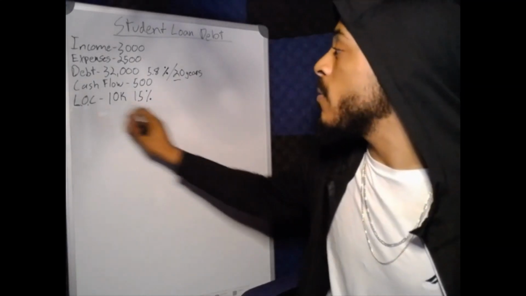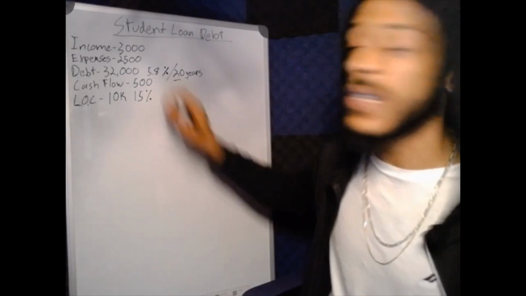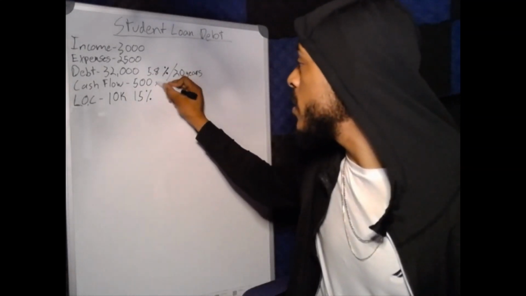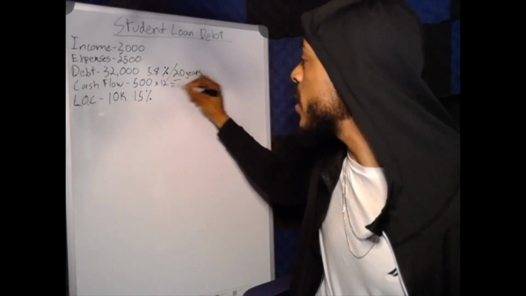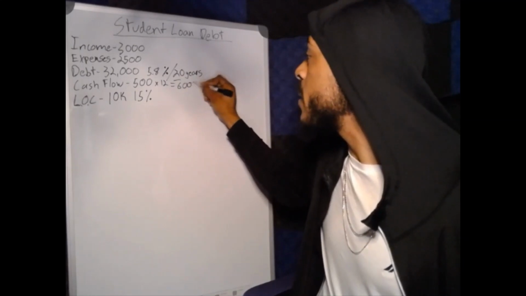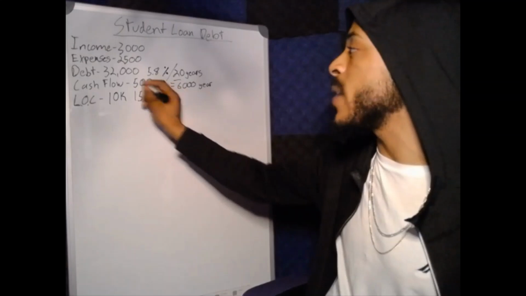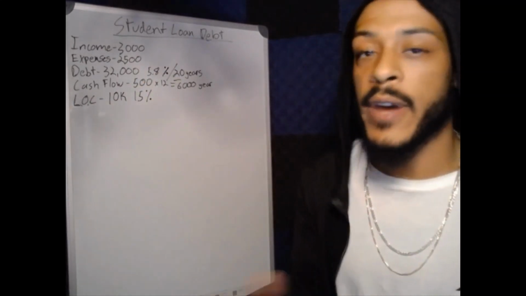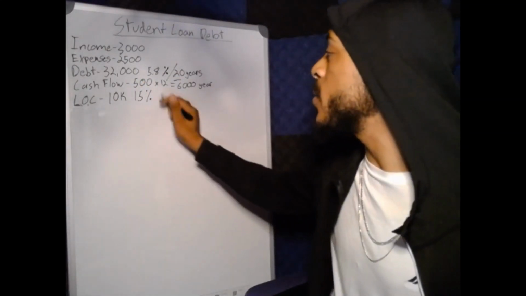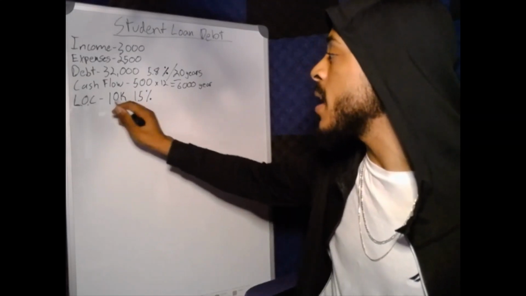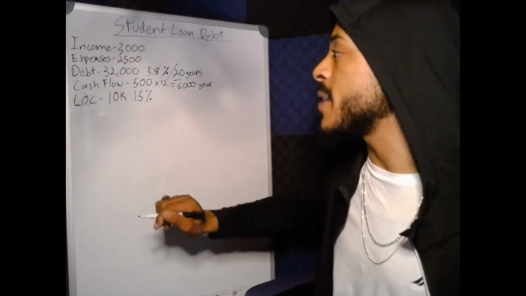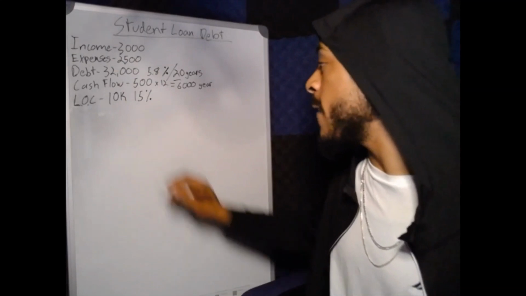We know we have $6,000 to chunk at our line of credit because we know we have $500 left over monthly, right? So what we do is we're taking our $6,000 out of the line of credit and we apply it to our debt. And when we do that,